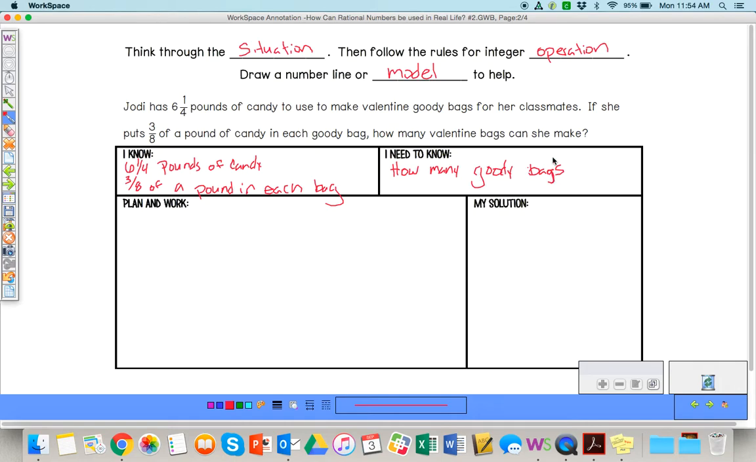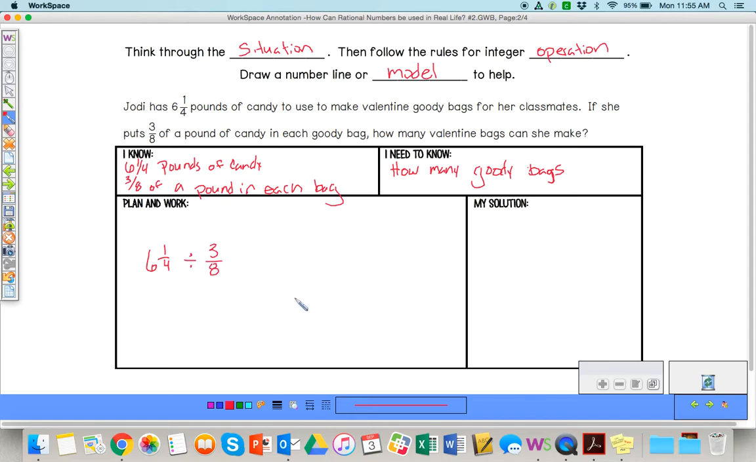Okay, so if you think of this problem, she's starting off with 6 1/4. She's starting off with her big number, and then she's going to take a little bit of that big number and put it into a goodie bag. So we are dividing that 6 1/4 pounds of candy into smaller sections, and so this is a division problem. So we have 6 1/4 divided by